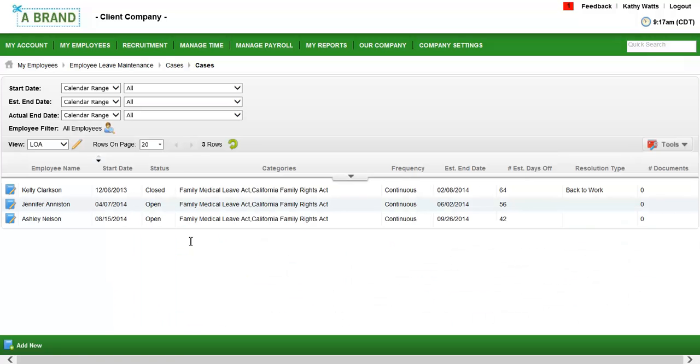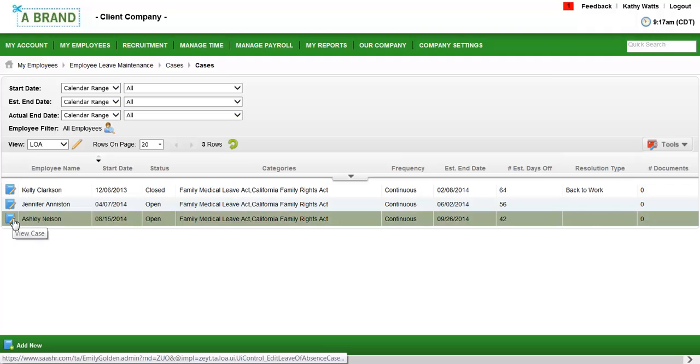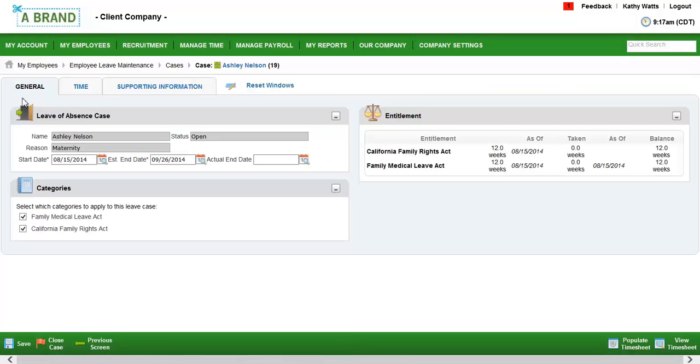And this is where you can see a history of all of the cases that have been submitted. So let's go ahead and open this case for Ashley. And we start within the General tab. So you will see all of the basic information around this case. And I also want to point out that you can have more than one leave category